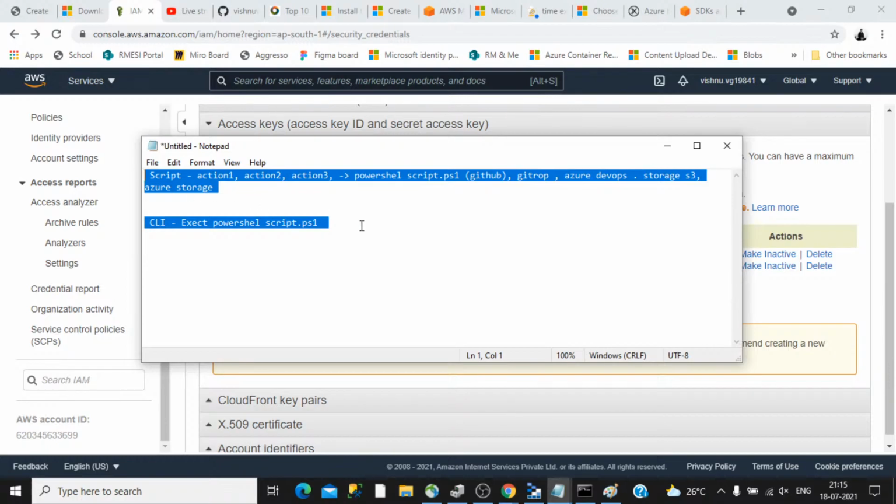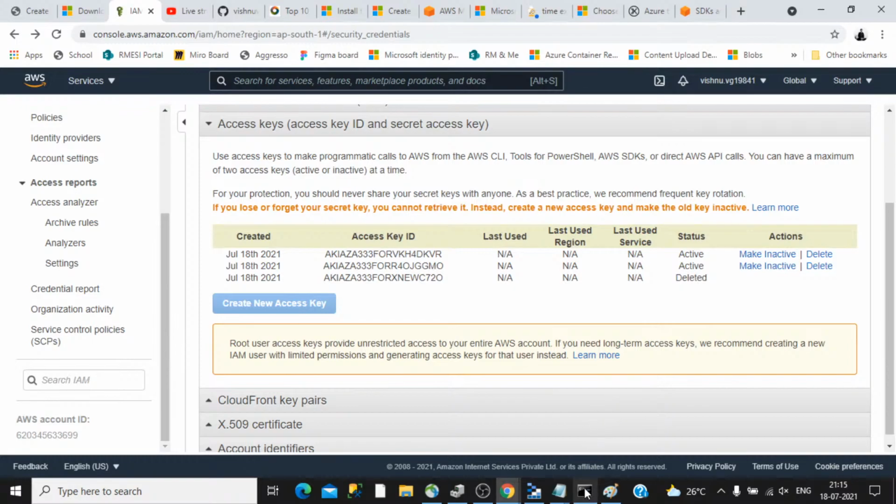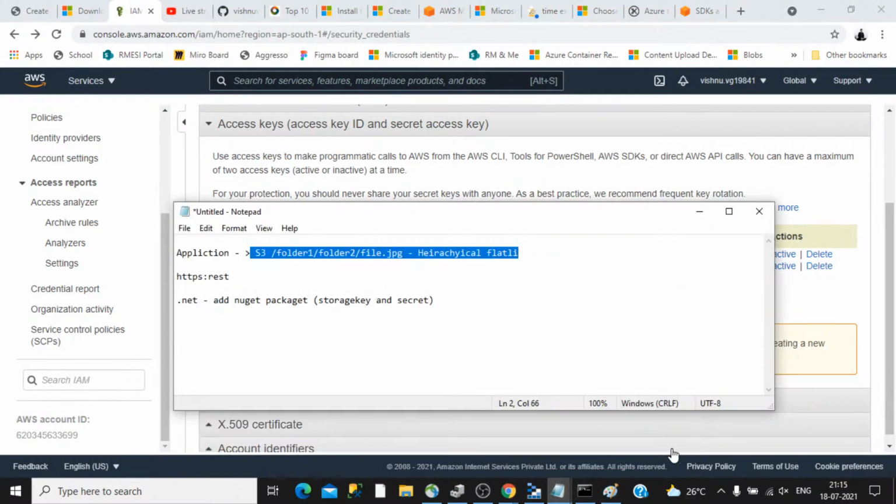But if it is a simple command, you don't have to write a script like this. You can straight away do that from a CLI. But in the case of an application, things are a bit different. Your application may be hosted in an environment like the Azure App Service or the equivalent in Amazon, and it may need to constantly connect to your S3 bucket.